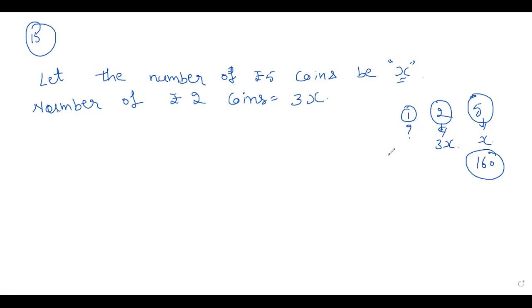Okay, so how can you write this? So total is 160. Can I write like this? Total is 160 minus, okay, 160 ಅಲ್ಲಿ ಇಷ್ಟು 2 rupee coins 5 rupees coins less ಮಾಡಿದ್ರೆ you will get 1 rupee coins, right? So total is 160 and this is 2 rupee coins 5 rupee coins ಎಷ್ಟಿದೆ ನಮಗೆ 3x plus x ಇದೆ. So 160 minus 4x. This is what? 1 rupee coin. Okay, children. 1 rupee coins ಎಷ್ಟಿದೆ? 160 minus 4x.